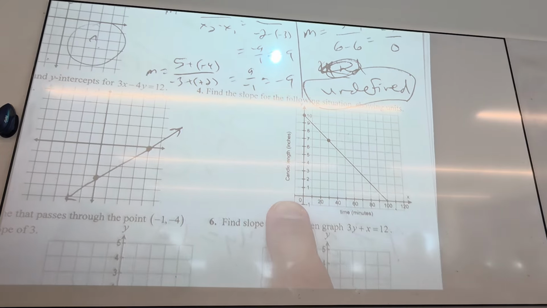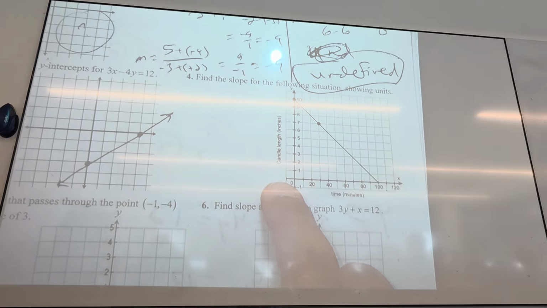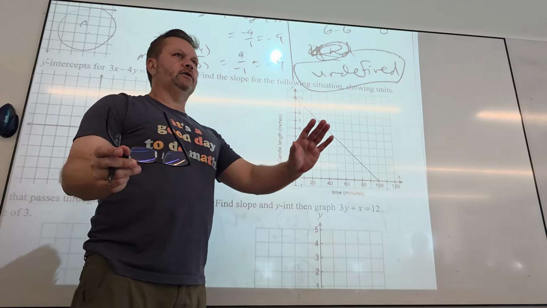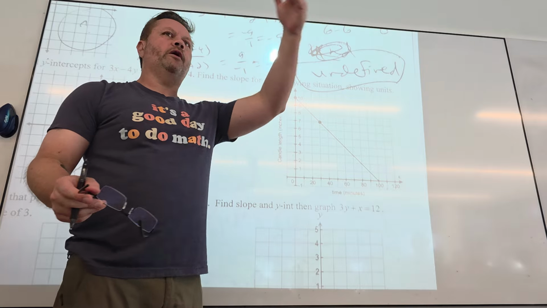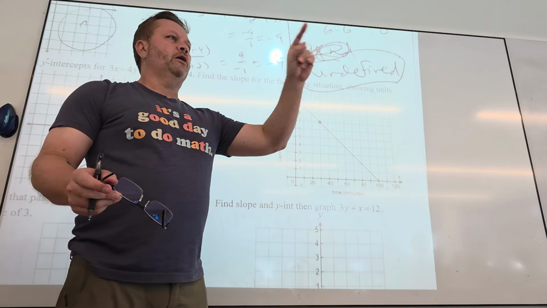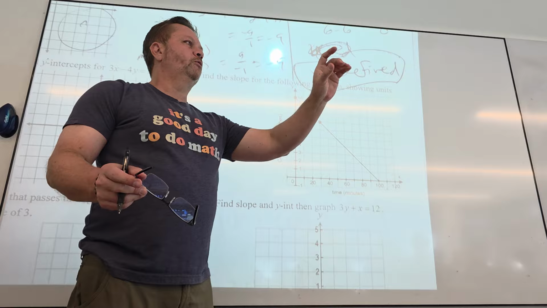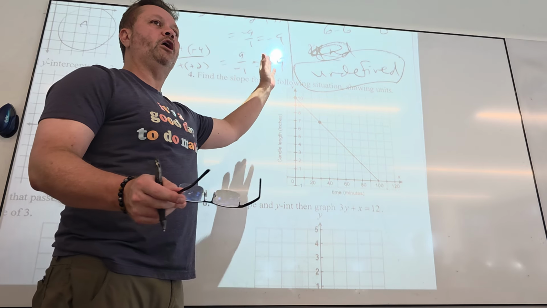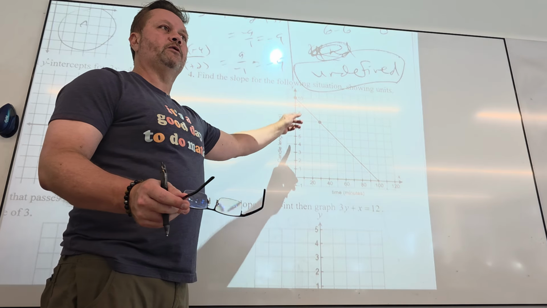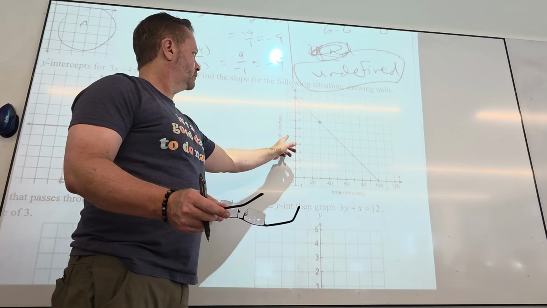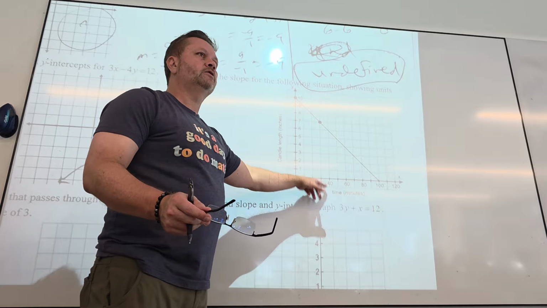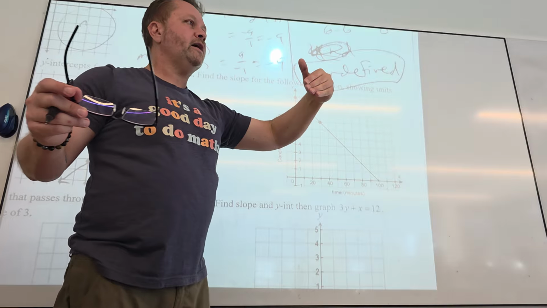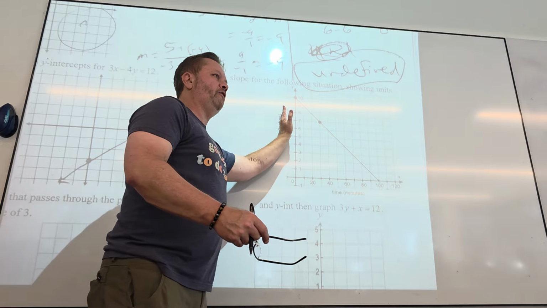Now this one is a problem I love for 2 reasons. You have to understand how easy it is to get units, because slope is what over what? Now be a little more algebraic. Y's over x's. So before I do any work, I already know what the units are going to be. What's the y-axis, the y's? What units? Inches. And what's the x's? So inches per minute. I already know what the units are going to be, because I know slope is y's over x's, so the units are y stuff over x stuff.